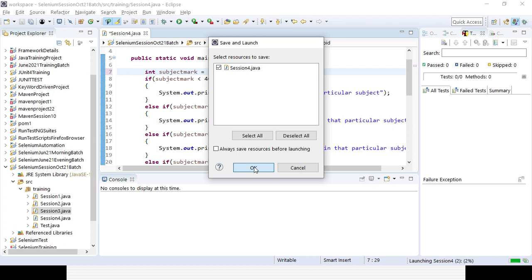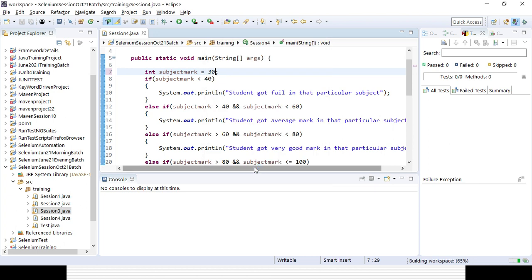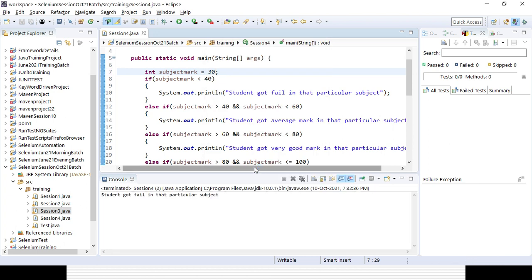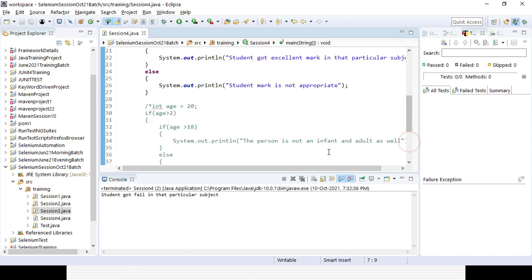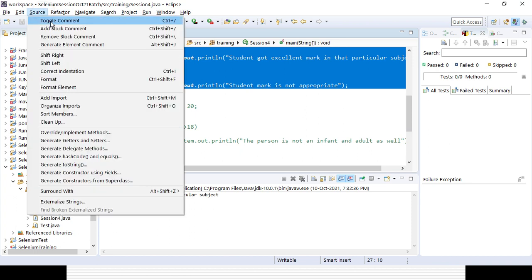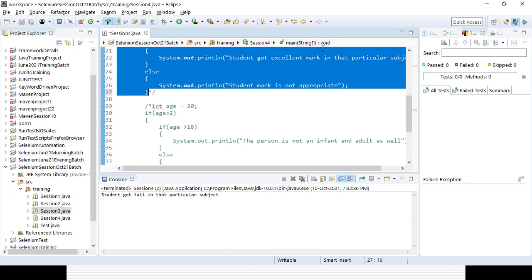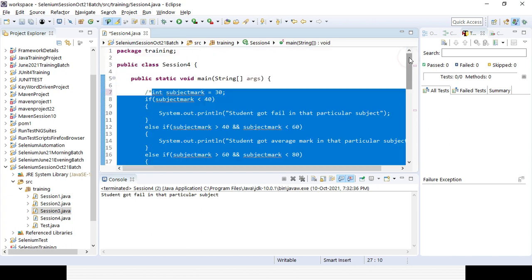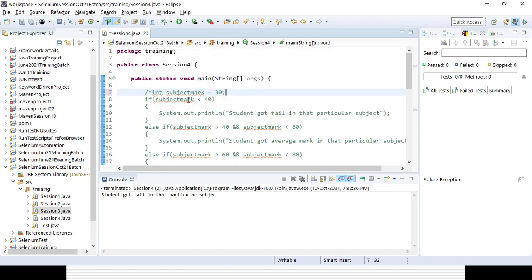In case you are having multiple conditions, definitely it is not possible to handle them with only else and if condition or the nested if. You have to go for the else if condition. So that's why you will be dealing with that one, because those are the conditions through which you can add some verification point or assertion point, right? Definitely in TestNG you will be using soft assertion, hard assertion, but sometimes with the help of if else or else if ladder you can add some assertion point.